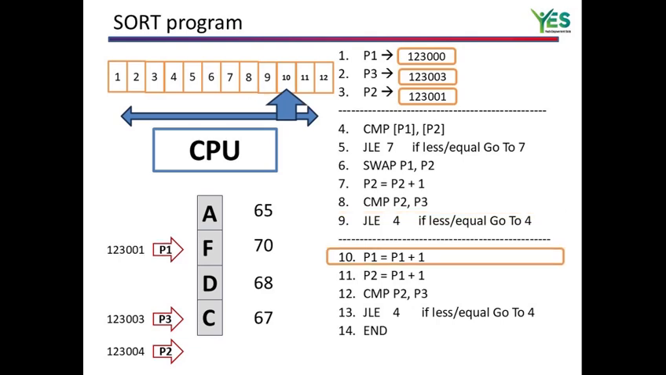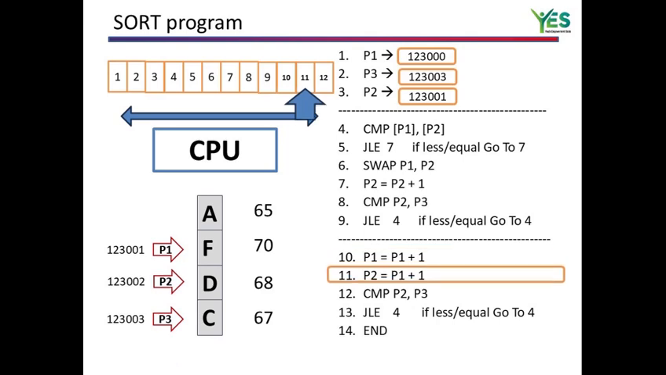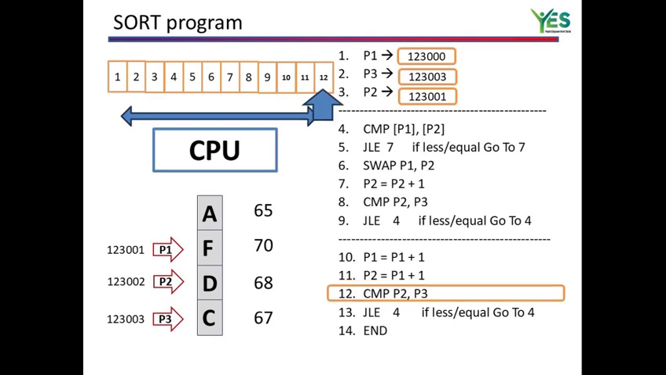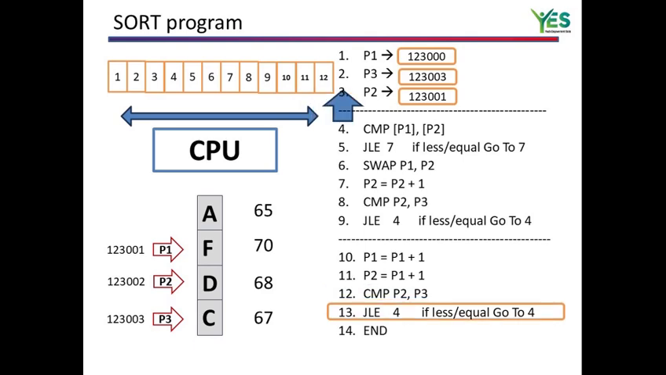Sum 1 to P1, which now points to the second element of the table, position 123001. Set P2 to the position following P1. P2 points to 1, 2, 3. Compare P2 with P3. Skip if P2 is less than or equal to P3. Skip if 123002 is less than